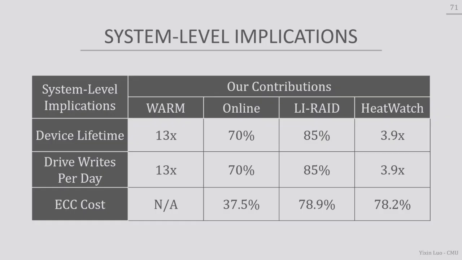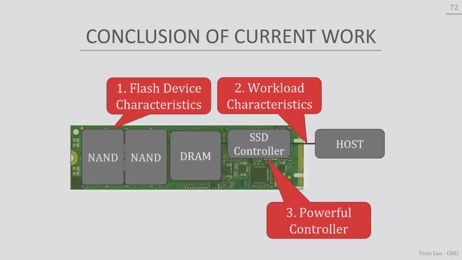So overall, the system level implication has essentially two categories. One is that it improves the device lifetime very significantly, and all four works improve lifetime very significantly. And in terms of ECC cost, all four of the works, except for WARM, the three later works, improve ECC cost very significantly. So in conclusion, we have looked at 3D NAND error, including the three techniques that we propose